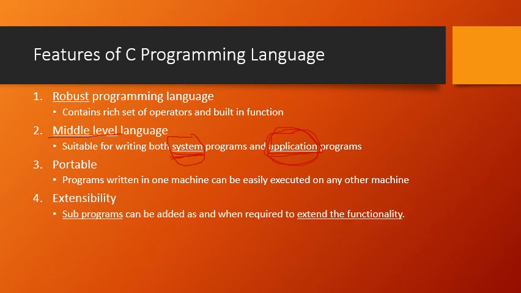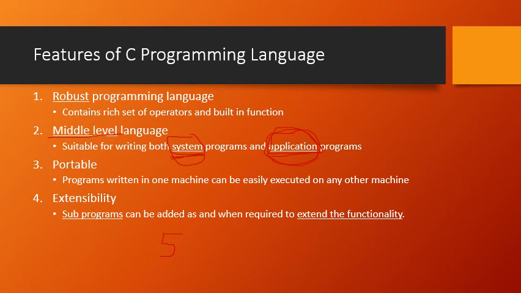Another feature is extensibility. Extensibility deals with functionalities. Say you have developed a particular software, and that software might have some 5 features. You have written certain programs, and those programs contain 5 different functionalities. Assume that you are a developer and you have given the software, which contains 5 functionalities, to the user or the customer.